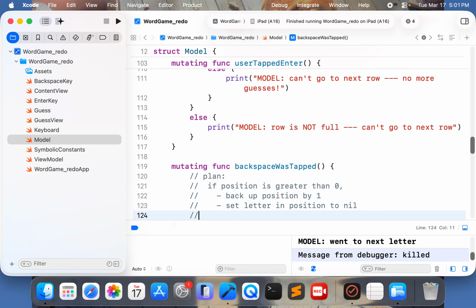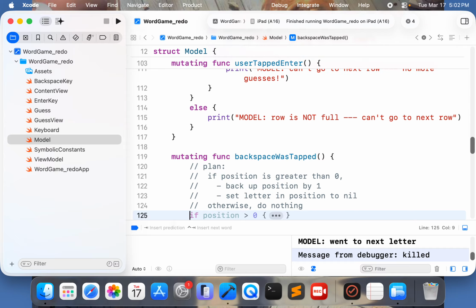And what? If it's not greater than 0, it means the position is already at the very beginning of the guess and there's no way to back up. So we'll just say otherwise, the else part. Do nothing. Now, if I can't implement that algorithm, you need to go ahead and send me away to some assisted living place